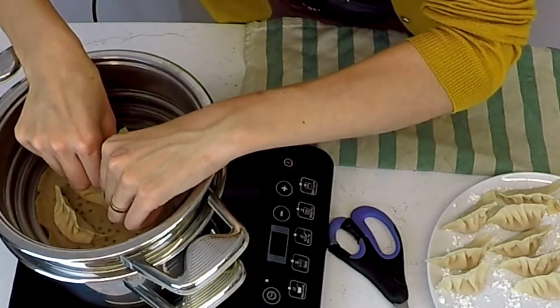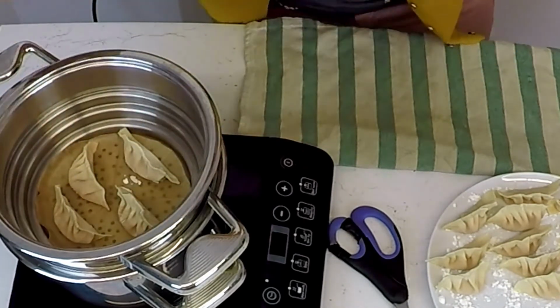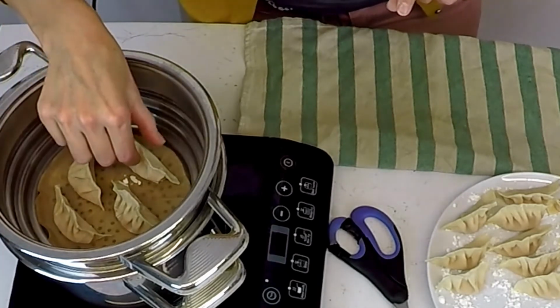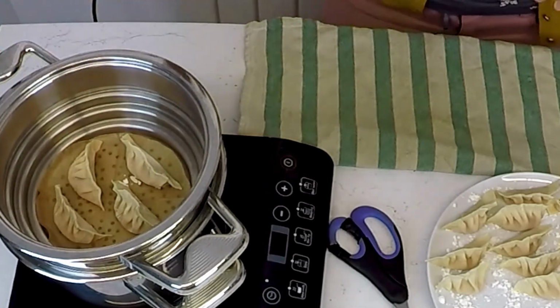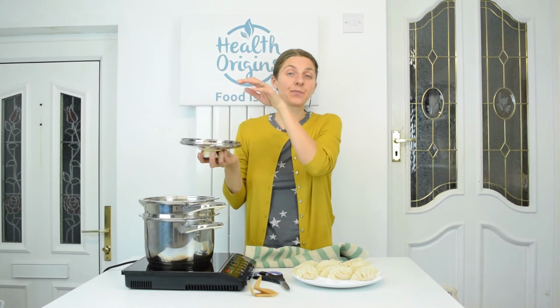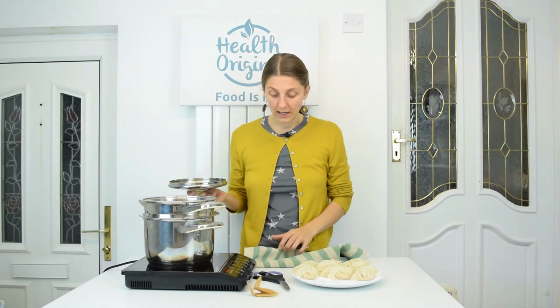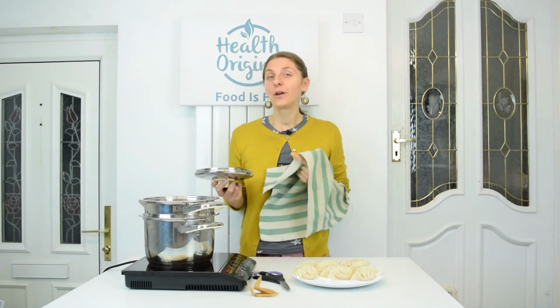Just make sure obviously they don't touch each other, and there's a little bit of space, and they don't touch the edges of the metal as well, because there's going to be some condensation. And to prevent this condensation from the flat pot top dripping onto these and making them soggy, because we want them steamed but we don't want them soggy,